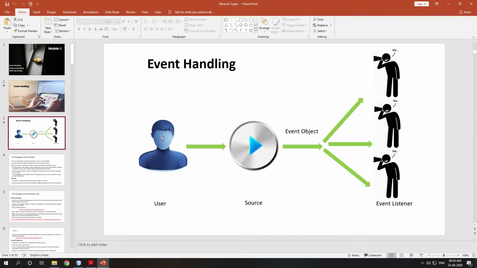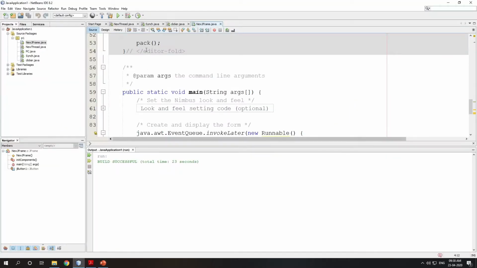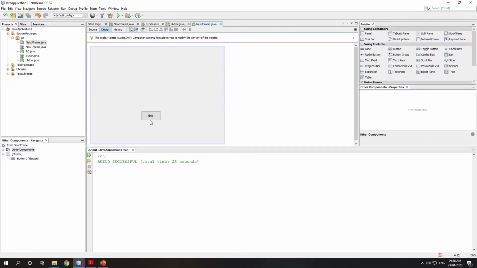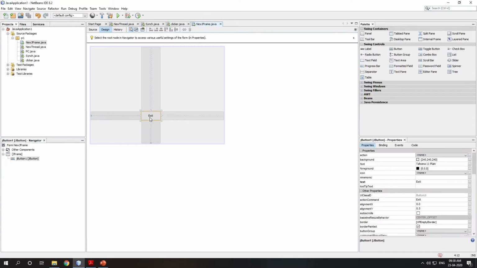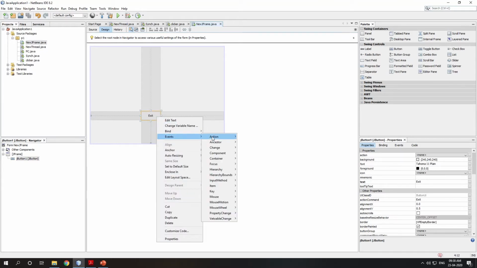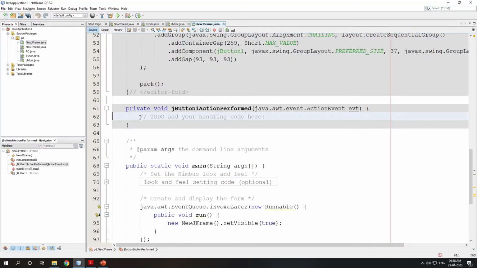In this case we had one button that was not replying to me, which means there is no listener for this button, right? So I will add an action listener to this. And what to do when this button is clicked?